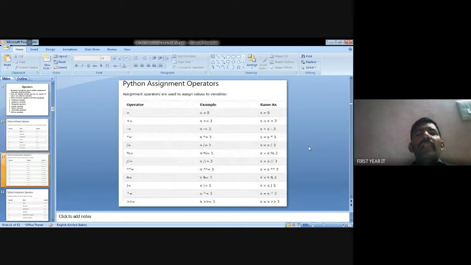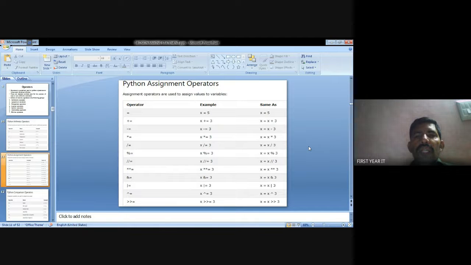The assignment operator is very important in the programming language. With the assignment operator, you write x equal to 5, which means x value is 5. This is simple. Suppose for an increment we need to add numbers to the values, that is represented by the assignment operators. x plus equal to 3.